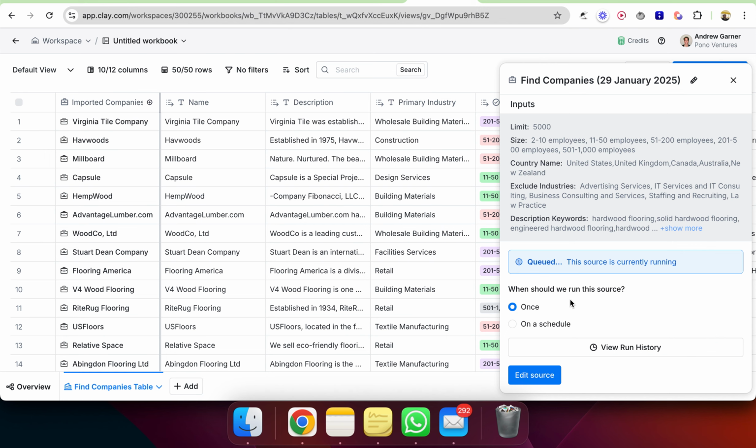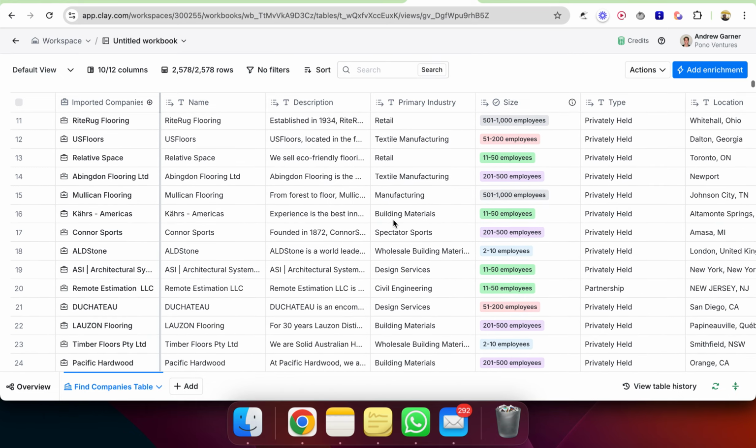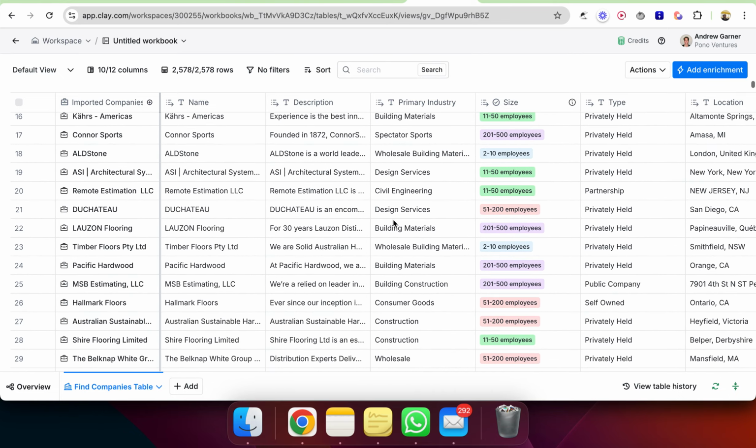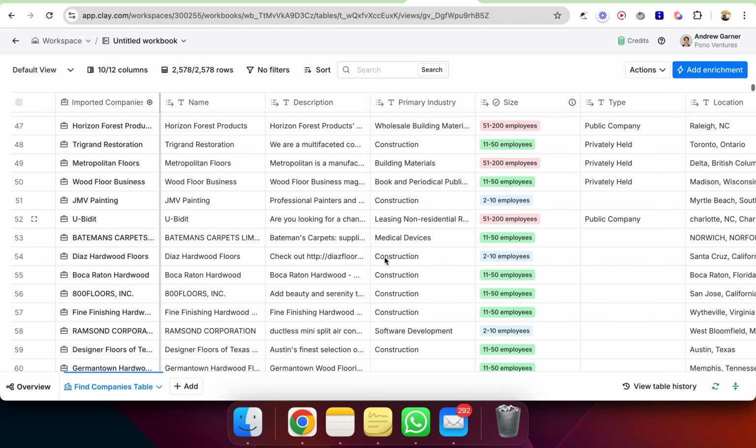When should we run this source? I'm just gonna close this. Okay, so the next thing to do for moving Clay. What you ideally want to do is check before you run anything or pay any credits. So I realized I didn't put an industry filter in this, and the reason I didn't is because